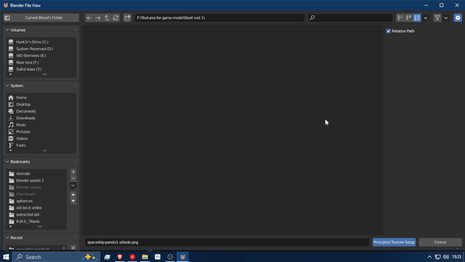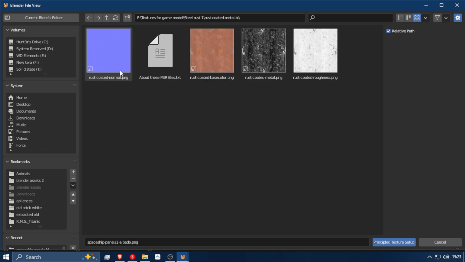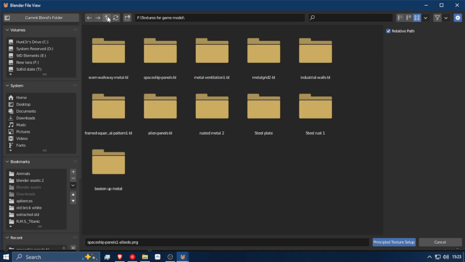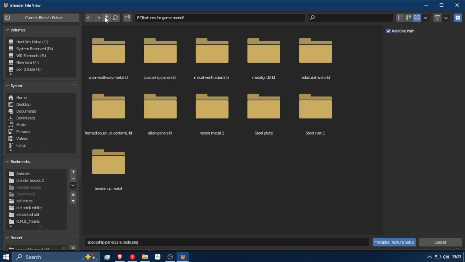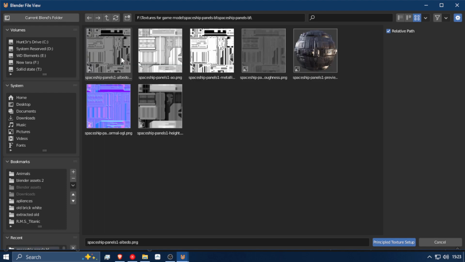Oh, no, definitely not that one. So that's just a rust material. Start working with me. Beat up metal. I didn't extract that one just yet. So I think I'm gonna have to go with the same as the